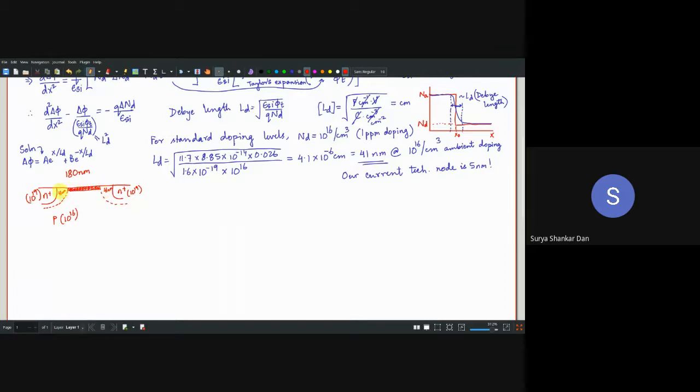Okay, because of this 41 nanometers variation of the device length, you are not sure whether this 10 power 16 is there or not. It is somewhere between 10 power 16 and 10 power 19. There is an erroneous zone. We do something about it. It's called pocket and halo doping. We will understand that. I'm not sure if it was done in ICFT.